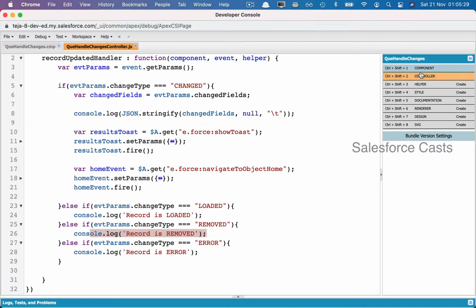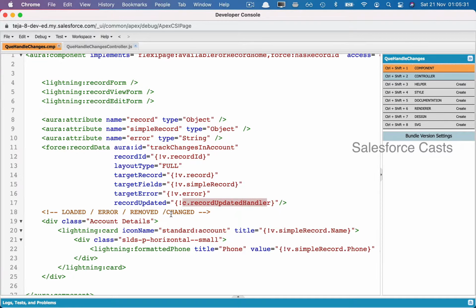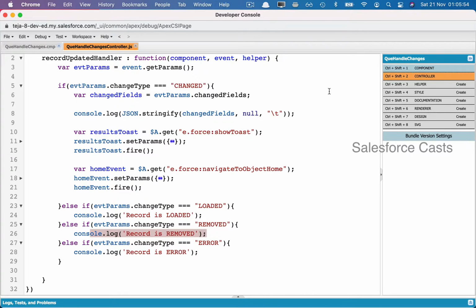The last one is the most important one, which is whenever we try to change any fields of the record which is stored in this attribute, it's going to make sure that this action function is invoked. And in the action function, using this piece of code, we can also get access to the old value and the new value. Let me give you some sort of visual confirmation.